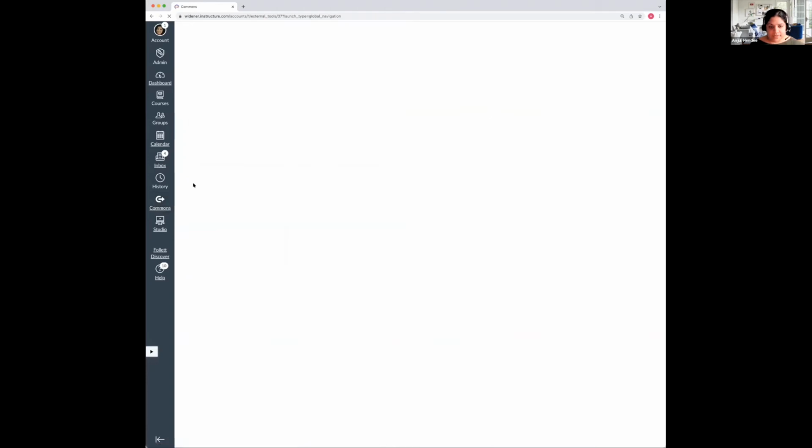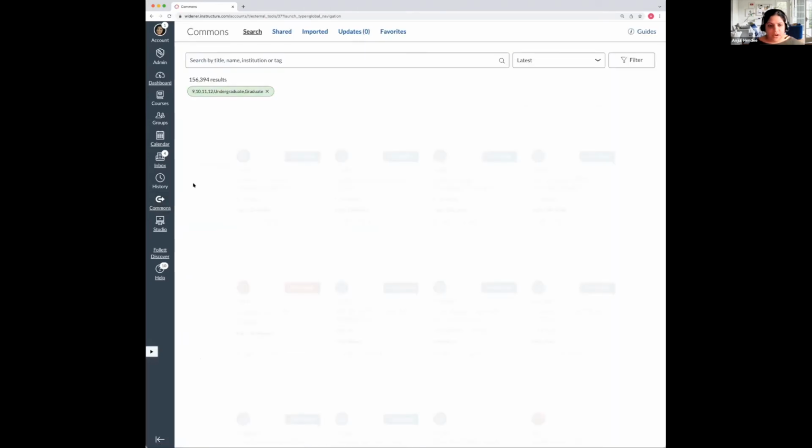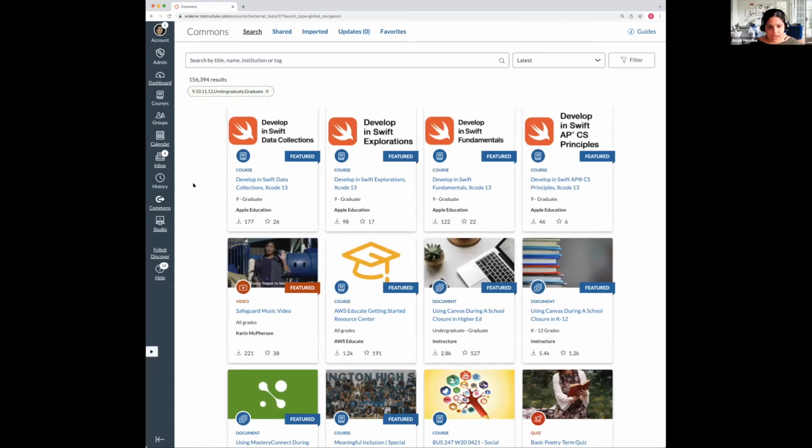So when we click on that, we are in the main hub of Canvas Commons. And the great thing about Canvas Commons is that you have a search function. You can see what has been shared, what you have already imported, if there's any updates to your imports. And you can favorite with the star which ones you like.